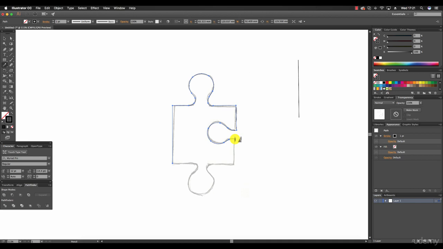Holding Shift, dragging down. You can see that it's going to draw a straight line because there's an underscore straight line next to the pencil icon. I can continue this again by clicking, holding Shift, dragging across. Now I can freehand from here, clicking that end point, going around the circle in the sketch,